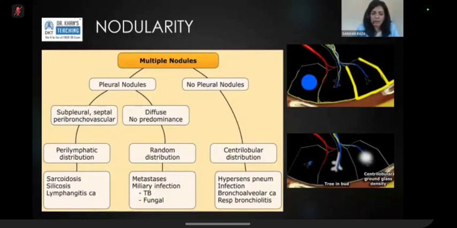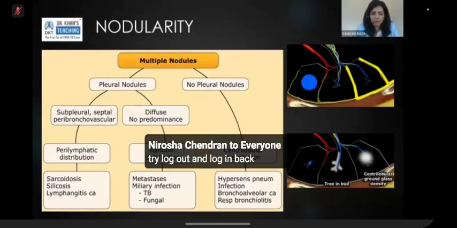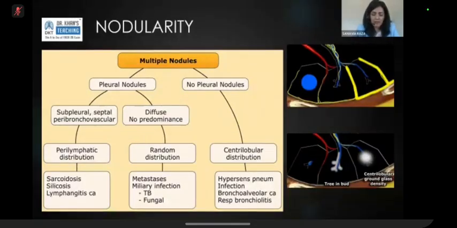It can be completely random, it can be central lobular, or it can be perilymphatic or peribronchovascular, which get used interchangeably. Random is almost a diagnosis of exclusion. So how I tell most registrars to approach it is, the first thing you need to look at when you have identified that there is nodular change in the lung. And by nodular, I don't mean macro nodules, 1 centimeter nodules, I mean micro nodularity,